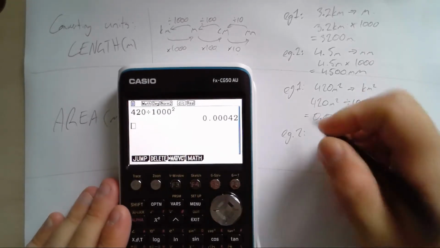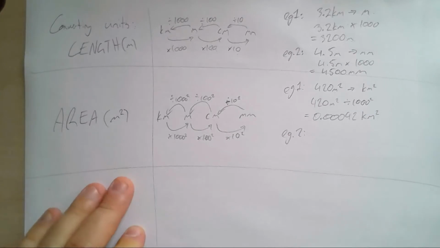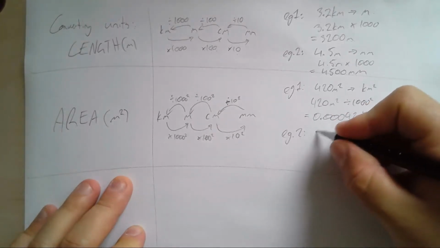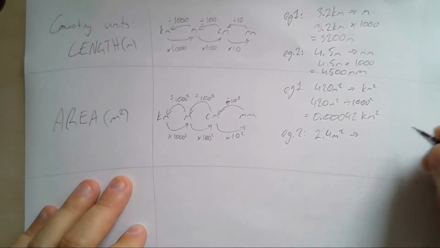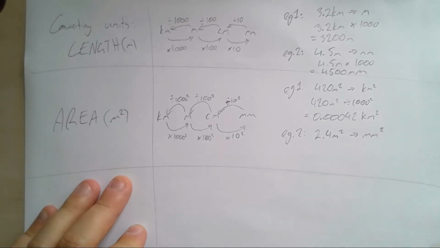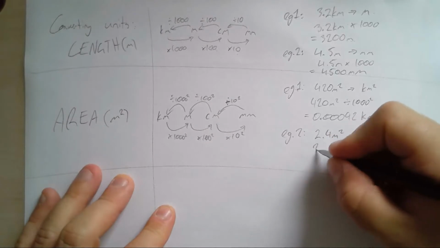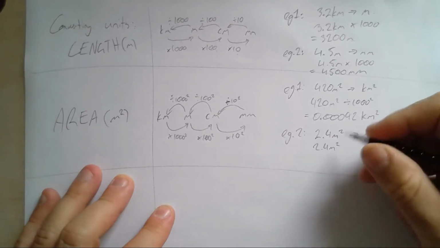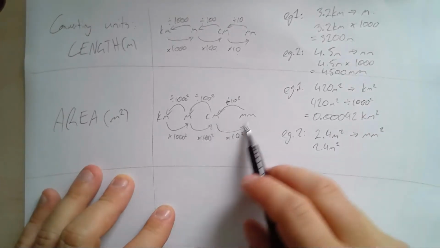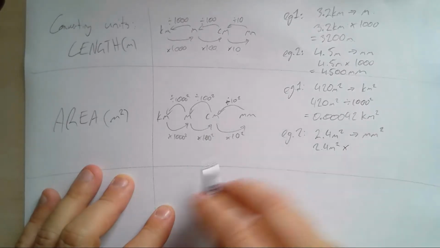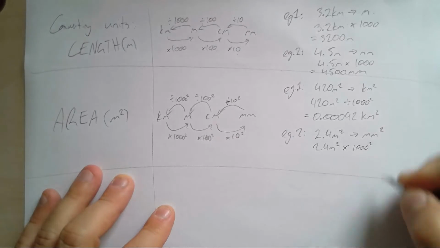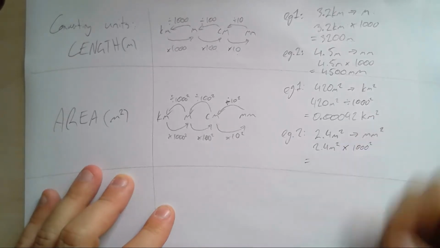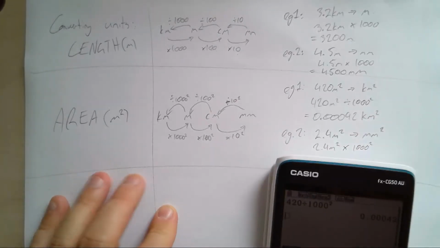example 2. Okay, I'm going to do the jumping again. So let's say we're going to go 2.4 square meters, and I want to go to square millimeters. So if I'm going meters to millimeters, that's timesing how many zeros? 1, 2, 3. 1, 2, 3 squared equals, put it in,